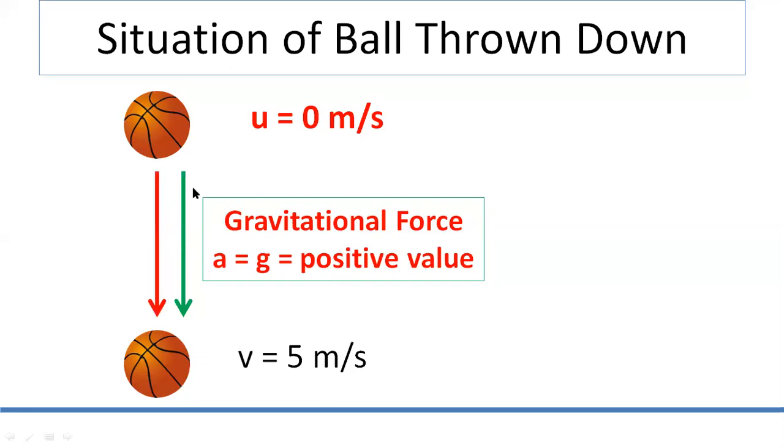But in the second case, acceleration is in the downward direction and the gravitational force is also in the downward direction, hence the a value has to be taken as positive in this case. Okay? So give me a response in the chat box. Have you understood that when the ball is thrown up, final velocity would be 0 and acceleration you take negative, but when the ball is thrown down, take initial velocity 0 and the a value as positive?